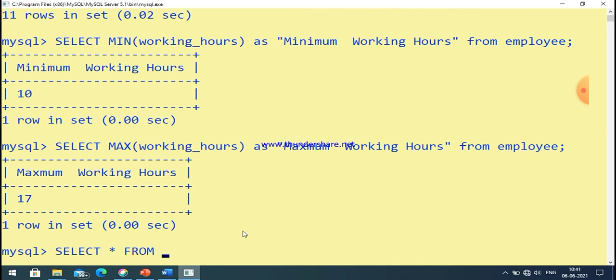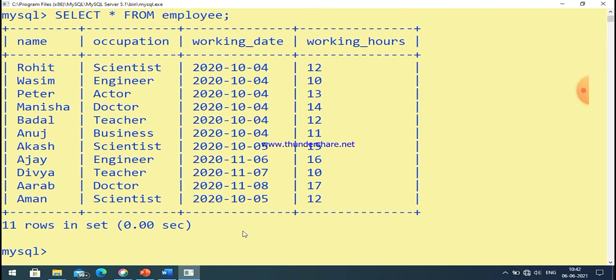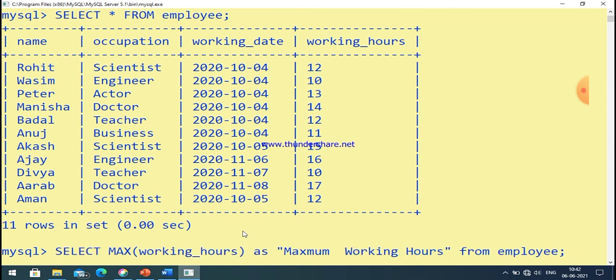First of all, the table name is employee. You can easily see here that this is our table employee. Now we want to find out the minimum working hours with a particular condition. Then with the select statement we can use the min function.